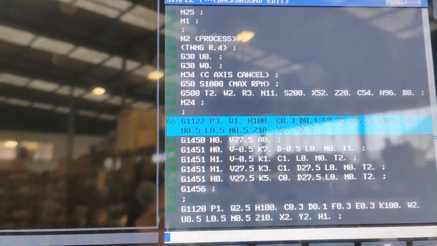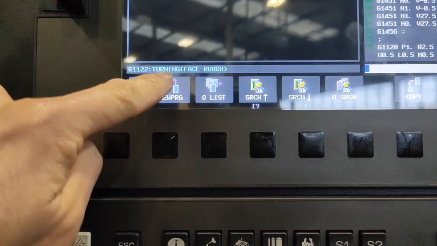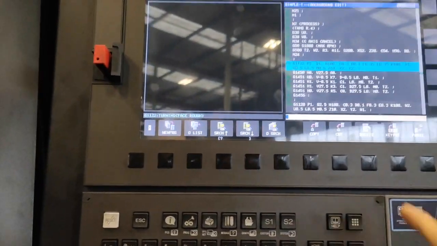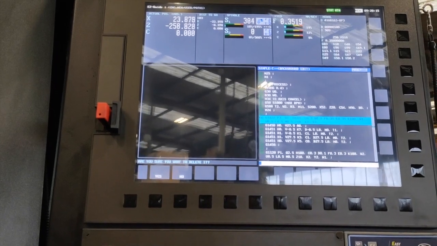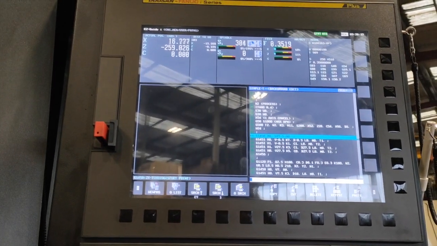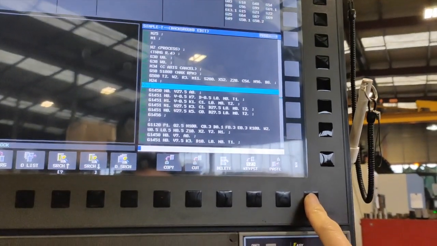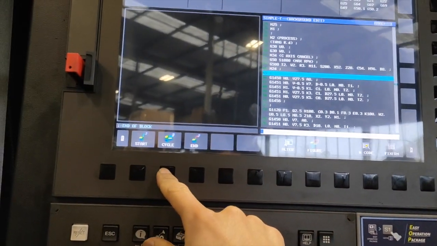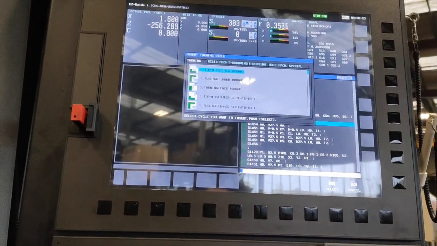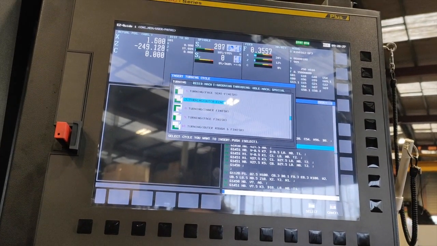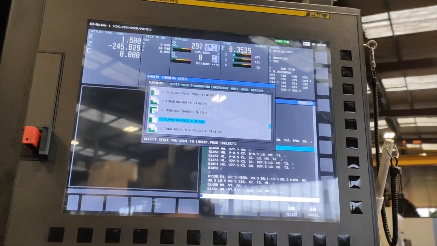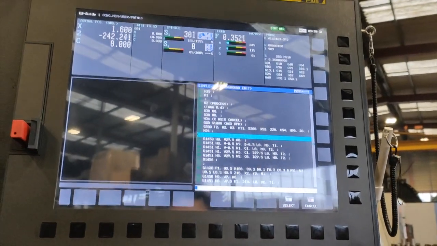And then, guys, as you can see, if you highlight this line, it says turning face wrap, so you can delete this one, delete, and then right click and select the cycle, and then we can select the finishing face finish, select,